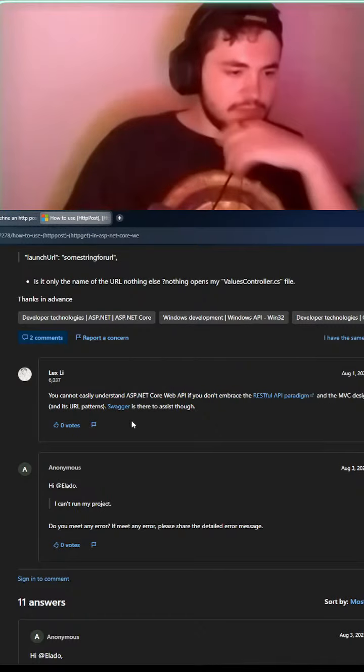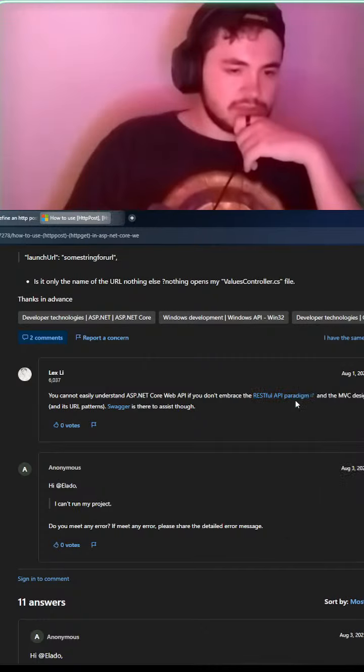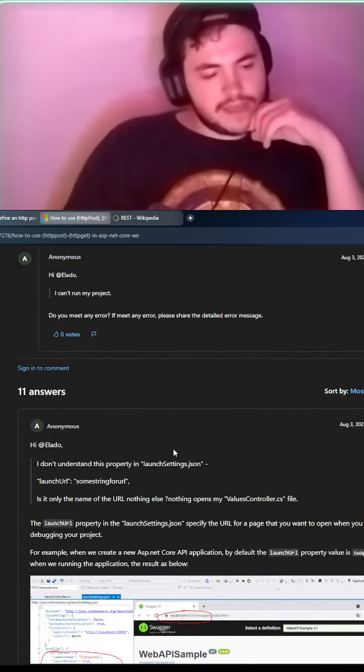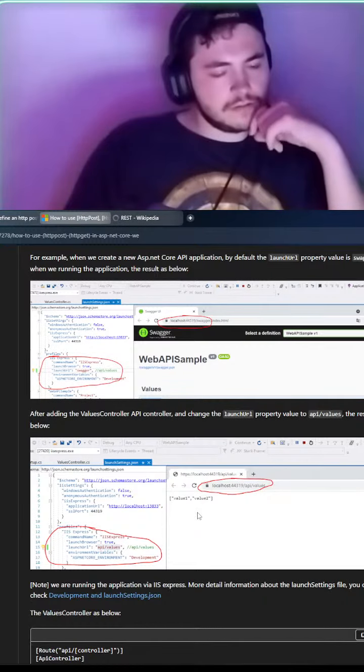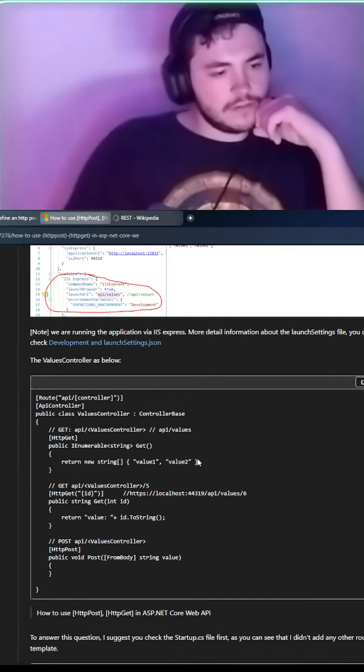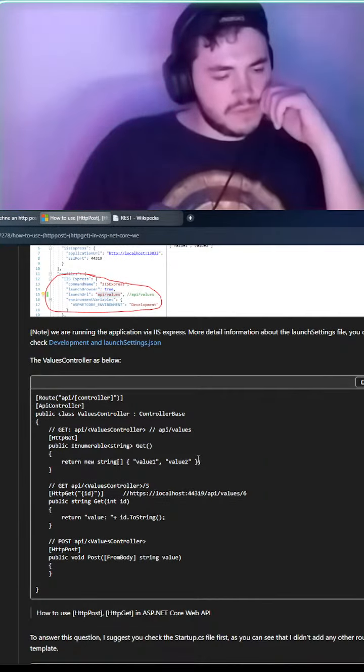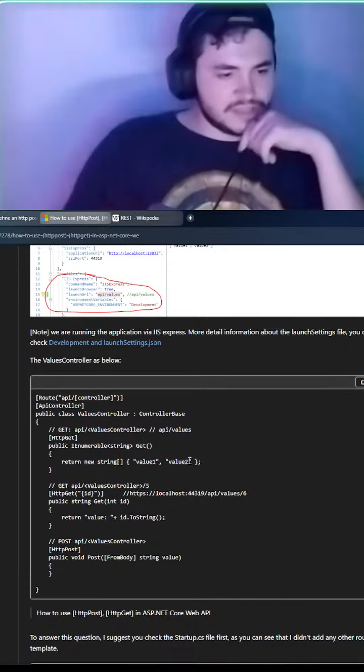So the pattern URL, Swagger. Okay, let's maybe research that. The values controller is as below.